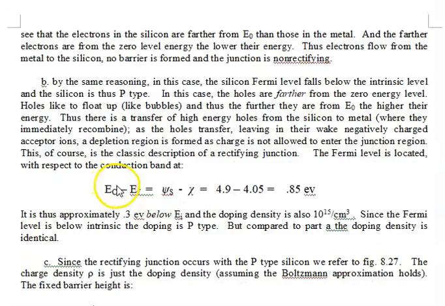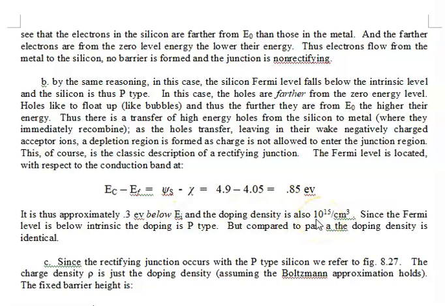We use this basic relationship for P-type silicon, and we know the work function, we know the affinity, so we find that the Fermi level is 0.85 eV below EC, and if I subtract 1/2 the band gap, I find it's about 0.3 eV below EI,